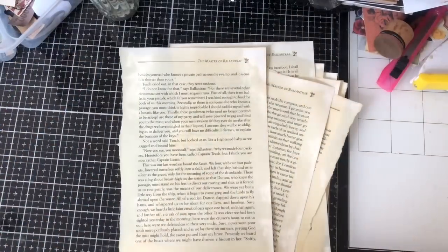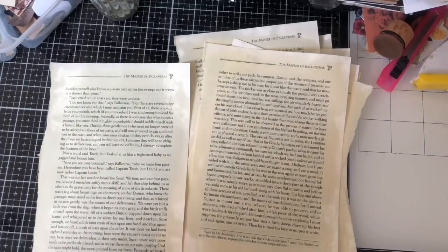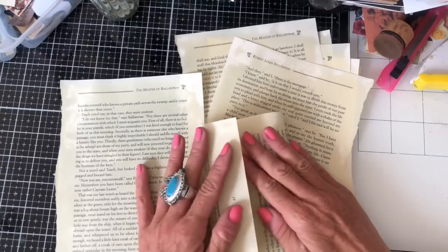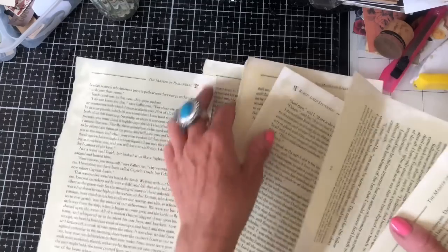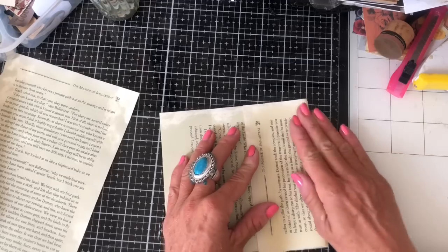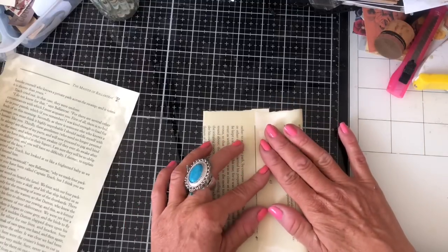Okay, so I've got a bunch of book pages here now, all waxed up. And they're just really nice, I think. They add a little bit extra to your projects. So I thought what we could do is make some very basic, rudimentary pockets from these. So if I move those to one side, literally by just folding the pocket over there and then the pocket over to meet there at the lip there,